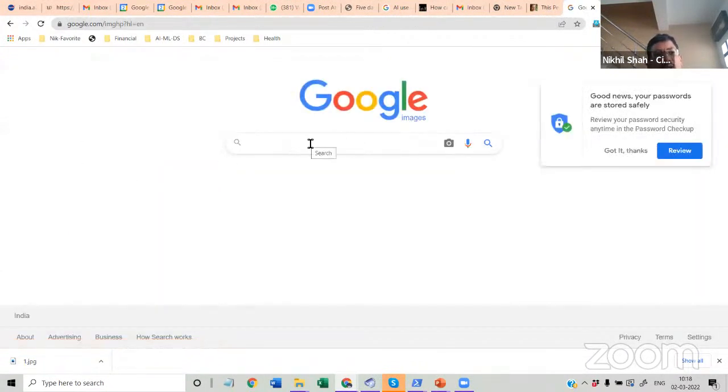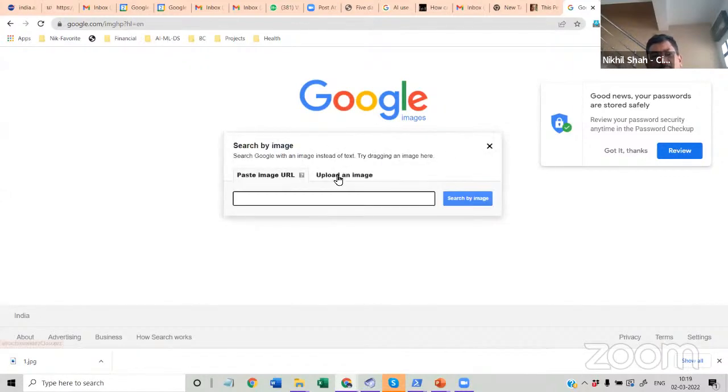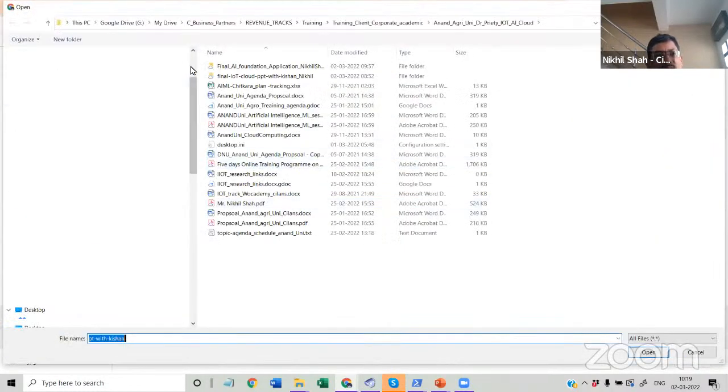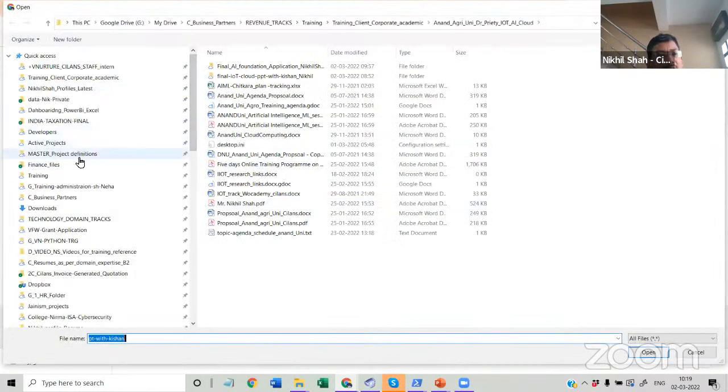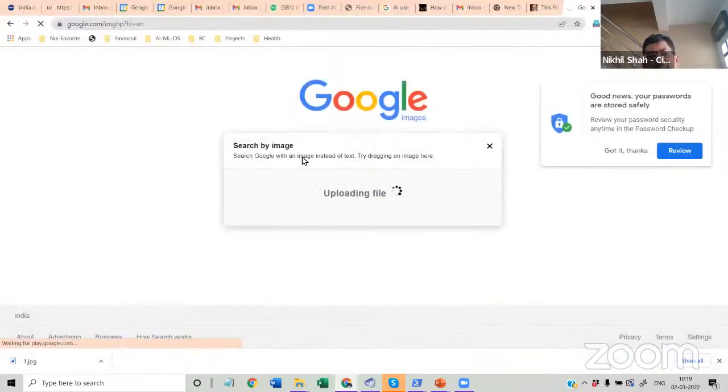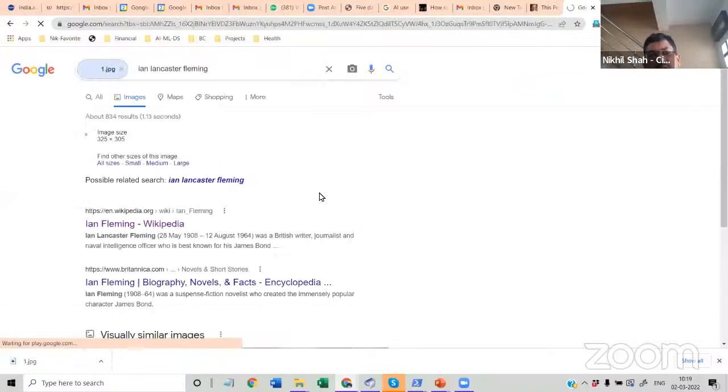So this is just simple Google. And rather than typing text, because I don't know how to describe it if I don't know anything about that image, I'm going to just upload some image here, the image which we just had. Let's say somebody has given you some image that you wanted to find out more about. This image is just a picture, and the file name does not tell anything. It's 1.jpg. I just uploaded the image and asked Google to search about it.